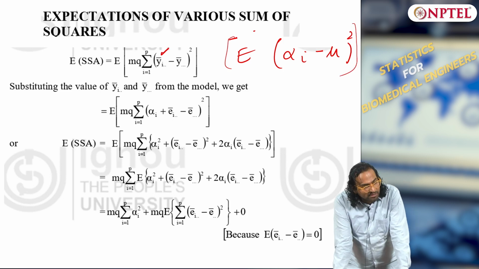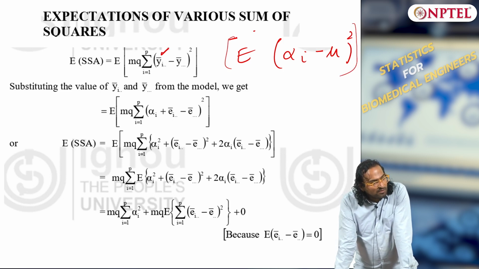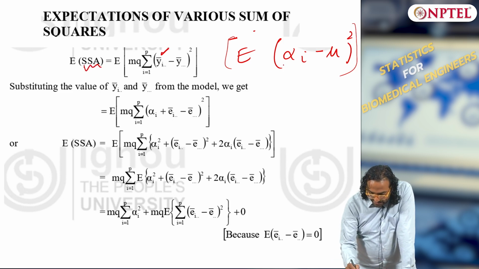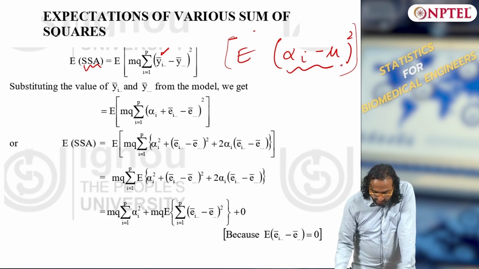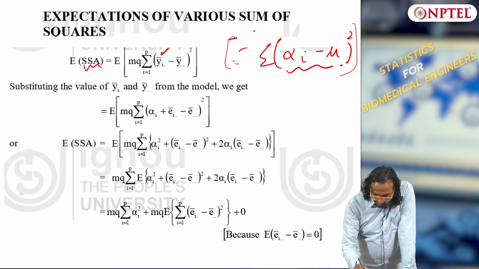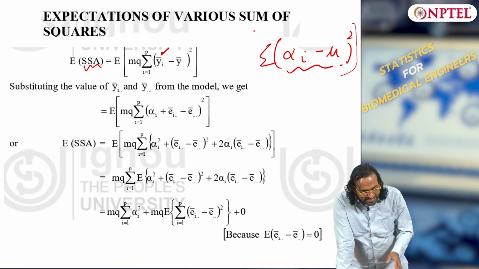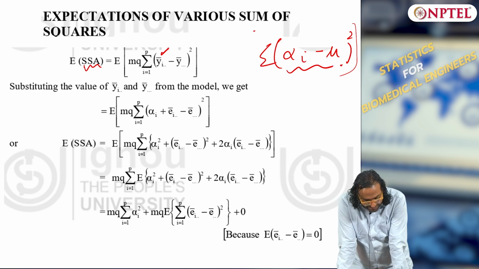What is the total number? Expectation of sum squared. So what is sum squared A? Sum squared is alpha I minus mu the whole squared, okay, sum squared, and for when you take sum for how many data points? What is M here? M and Q, any idea?